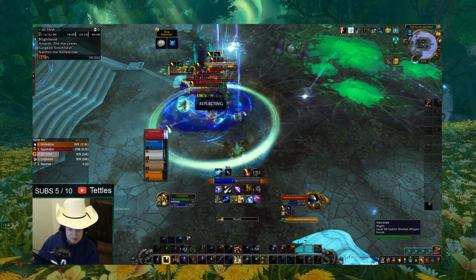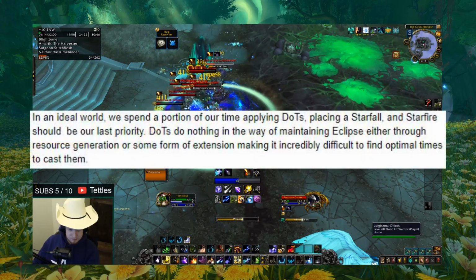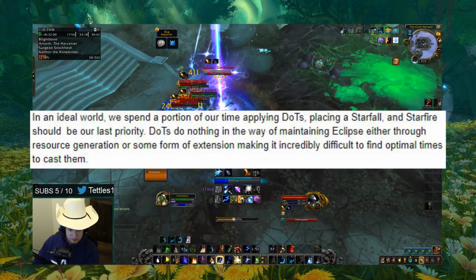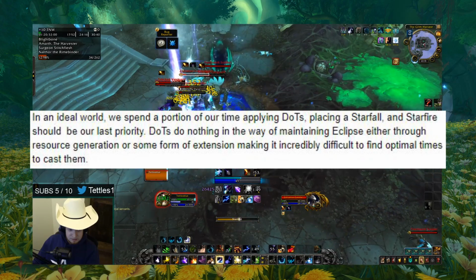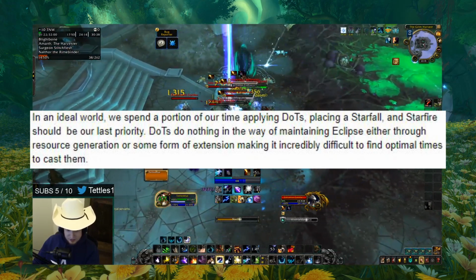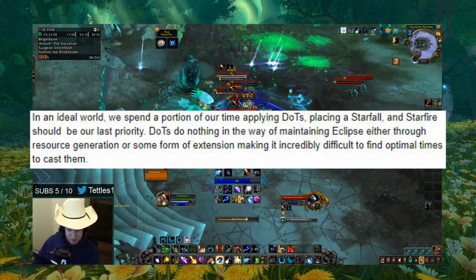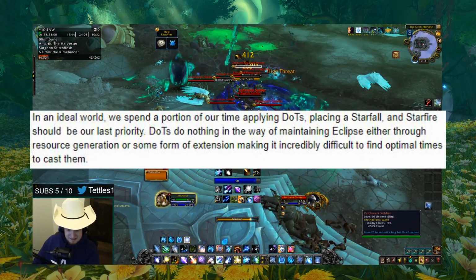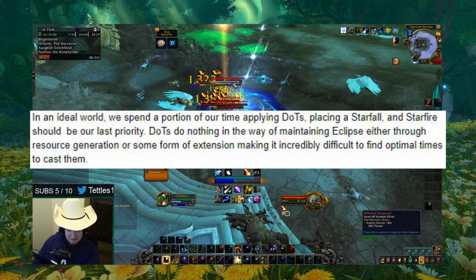This is part of the document. It reads, "In an ideal world, we spend a portion of our time applying dots, placing a Starfall, and then Starfire should be our last priority. Dots do not do anything in the way of maintaining Eclipses, either through the resource generation or some form of extension, making it incredibly difficult to find optimal times to cast them." And I think that is just the perfect